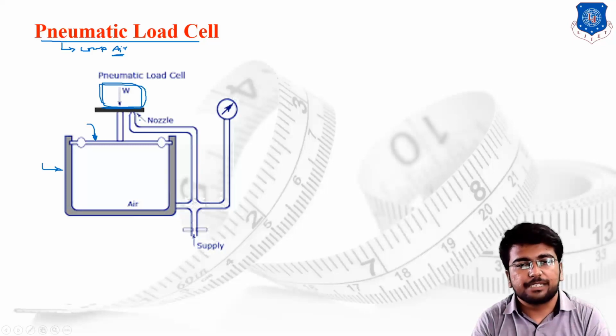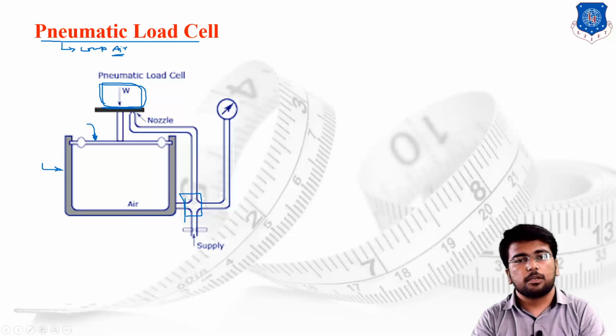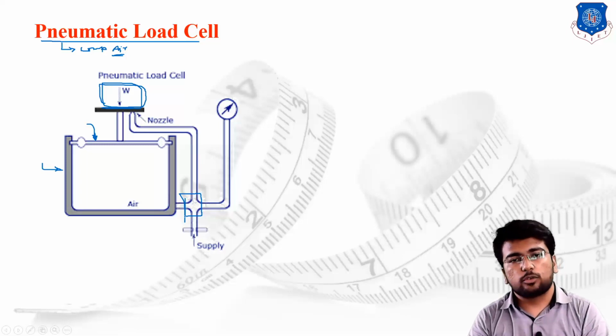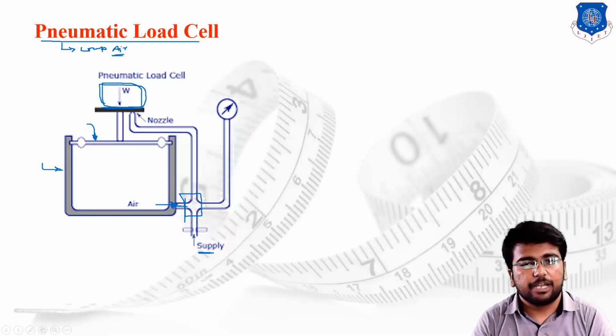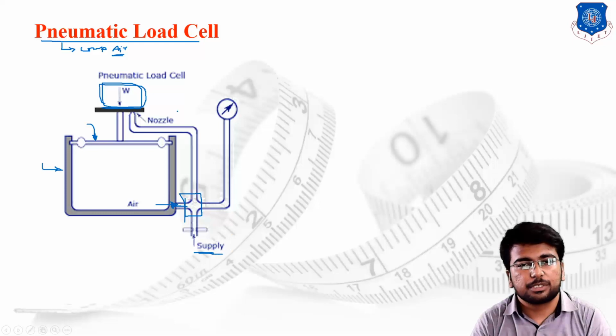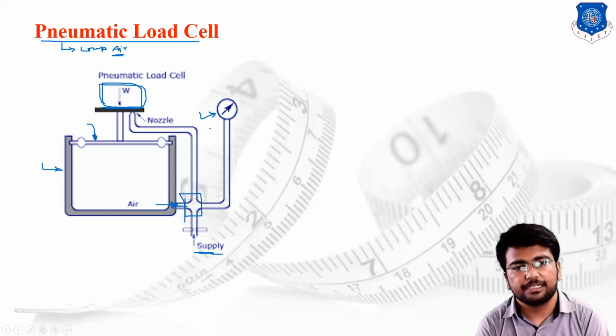A nozzle has been set over here because the nozzle will directly attach to the float valve. This is your float valve, which is used to maintain the system properly and to avoid breakage inside the piping or inside the system. Then the exit of the chamber is provided, which is connected to the float valve. The supply of compressed air is to be provided and the pressure gauge is to be given for the measurement of the reading. In the initial case, the supply has been started, we are providing the air.